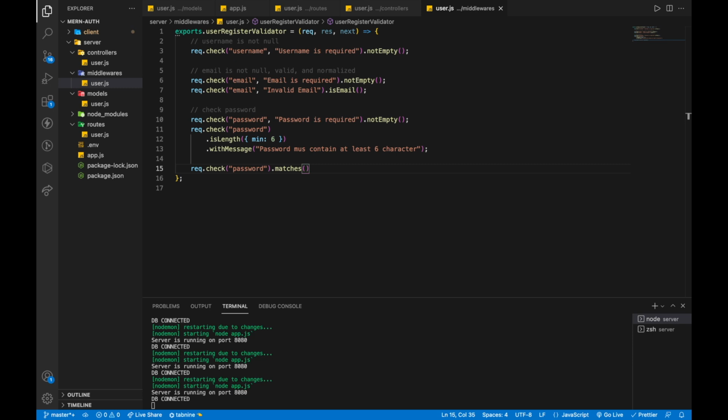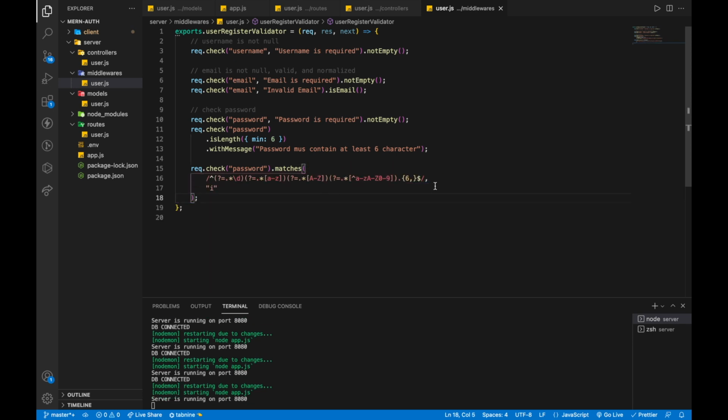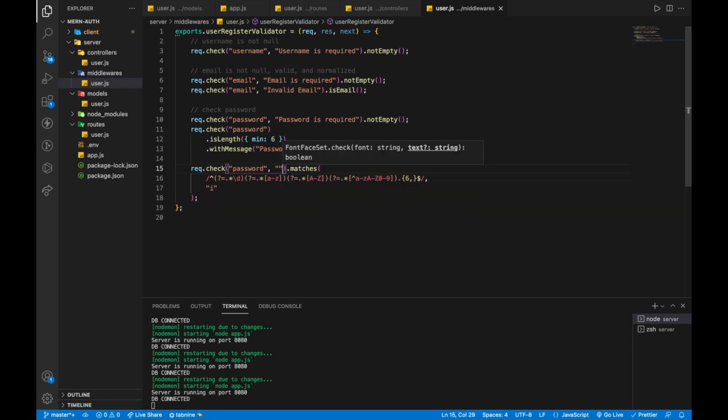And here it is. Let me paste that, it's a big one. So this also accounts for the minimum length, but it's okay to have it twice. It doesn't really matter. We could go ahead and delete this, but let's just keep it. It's fine. And the message that we want to be displayed with this error is going to say password must contain, let's go with all of them, so at least